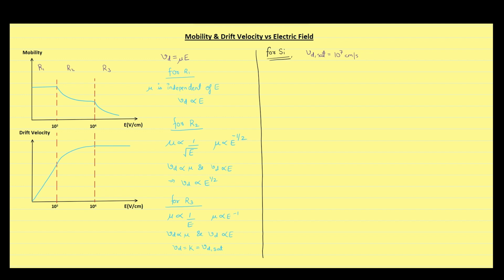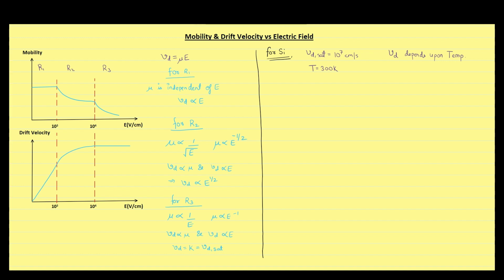Another point that you should remember is that the saturated drift velocity is dependent upon temperature. So, at different temperatures, the saturated drift velocity will come out to be different for the same semiconductor. And the value of saturated drift velocity of 10 raised to the power 7 centimeter per second was determined experimentally at 300 Kelvin. Now we will see some formulas which were found out experimentally and can give you an approximate value